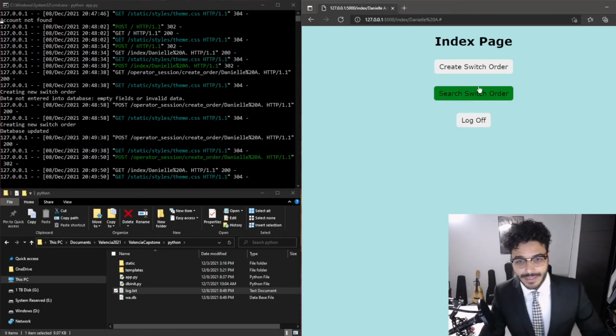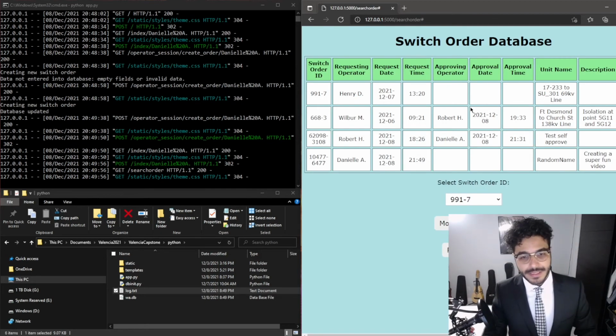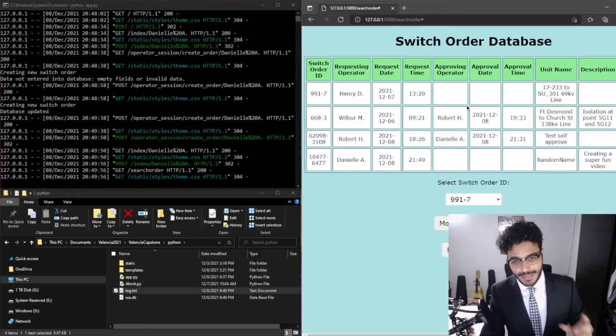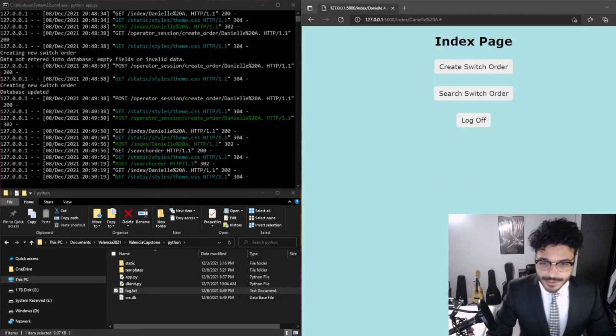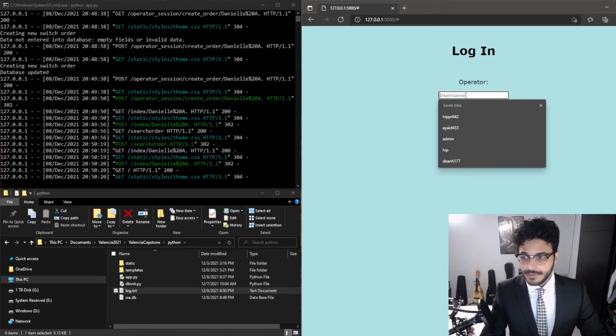So we'll go ahead and find the order that we just inserted. There are already other entries in the database, and at the bottom here, this is the order that we just created. And the empty fields in the middle are useful for another user to come in and approve the order to go ahead and be executed. So if we go and log off to use a different user,